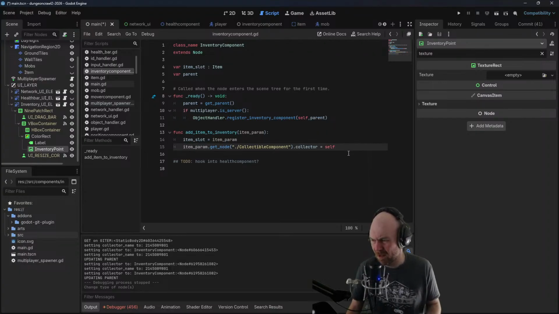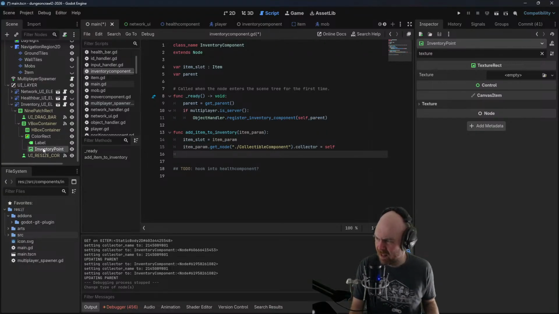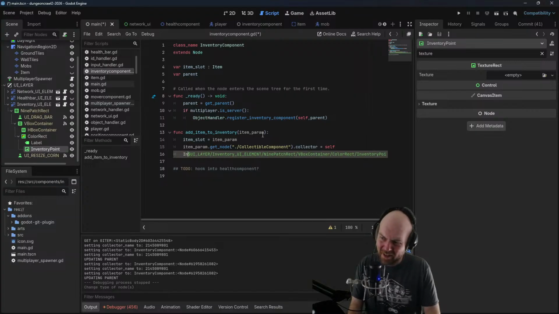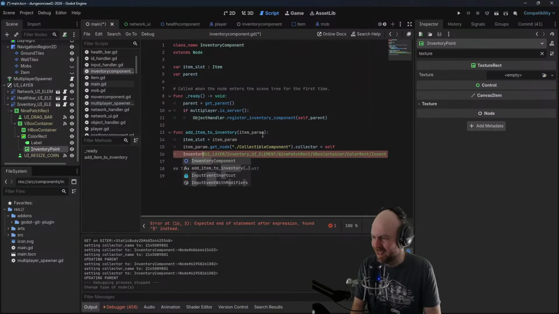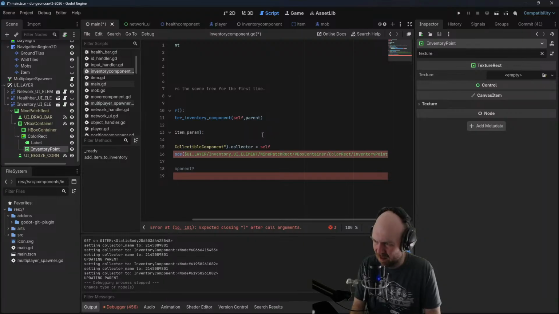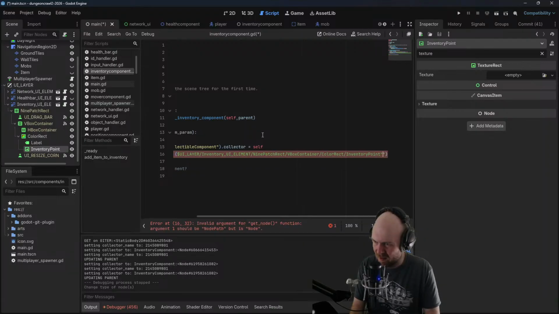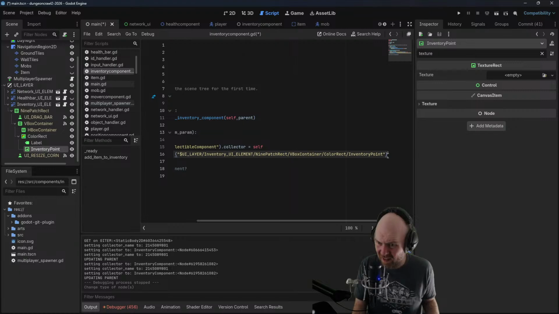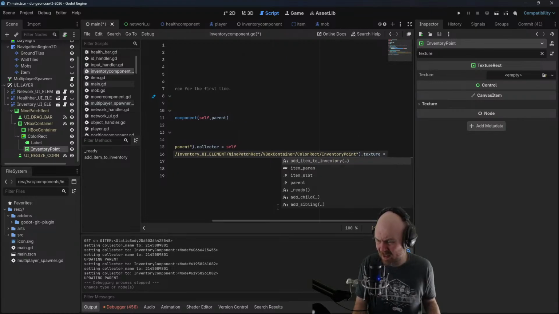So all we have to do, theoretically, let's get this hacky little piece. That's not going to work. But if we do this, go straight to the inventory. Nope. Go straight to the input handler .main .get node. Can we put some quotes around that? No, we can't. The editor does not appreciate me trying to put quotes around an existing string. That's not cool. .texture equals item param